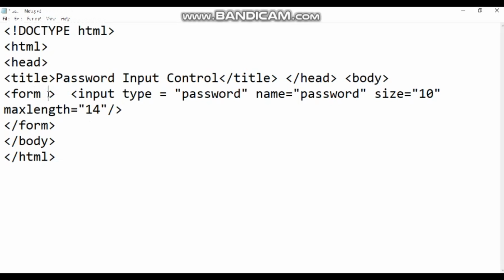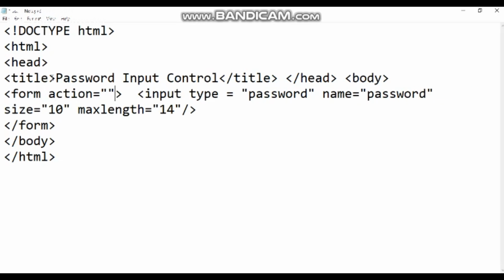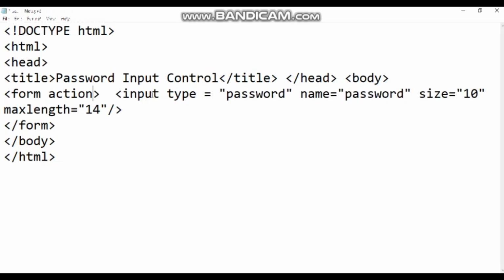And we can also specify an attribute called action. This action is required. It specifies the URL of the application on the web server that is to be called when the user clicks on the submit button. But here there is no submit button, so we can just avoid that. You can also write form action is nil. It is similar to saying that nothing has to be clicked on, that is, no link has to be opened when this form gets loaded. So that is the meaning of action being an empty string. So we can write this, or we can just avoid this by